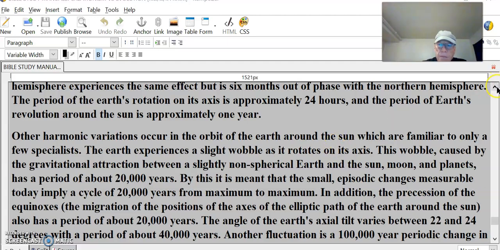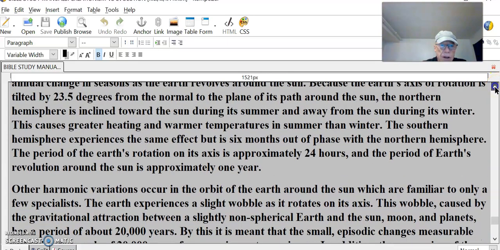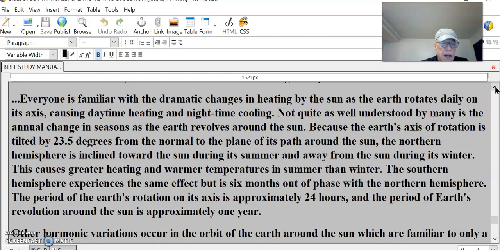Now we're talking about observing the Earth in its own particular universe area. Everyone is familiar with the dramatic changes in heating by the sun as the Earth rotates daily on its axis, causing daytime heating and nighttime cooling. Not quite as well understood by many is the annual change in seasons as the Earth revolves around the sun,